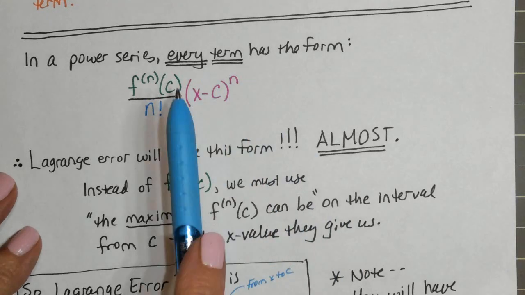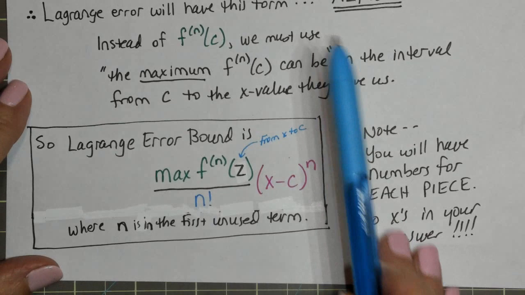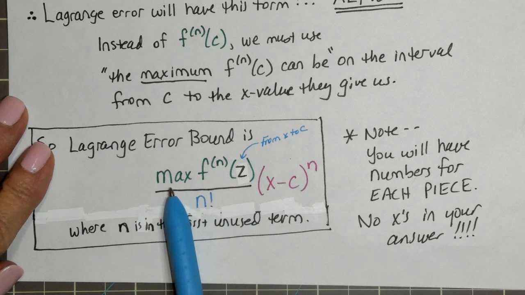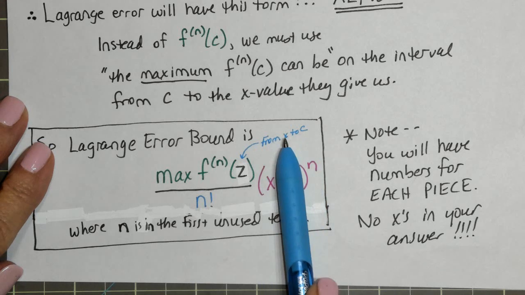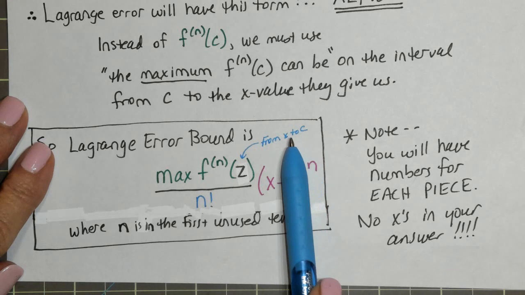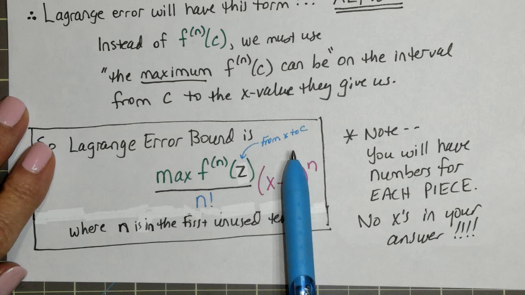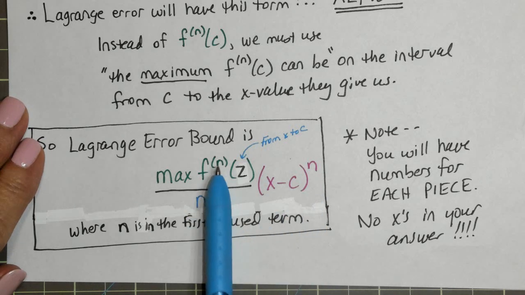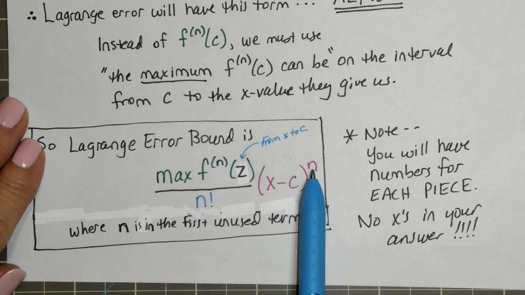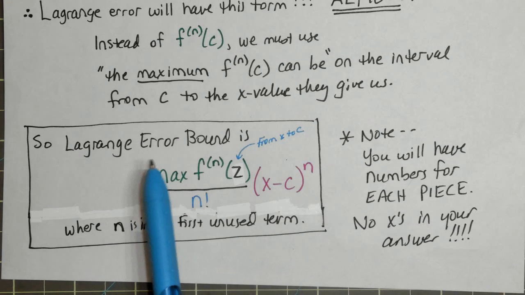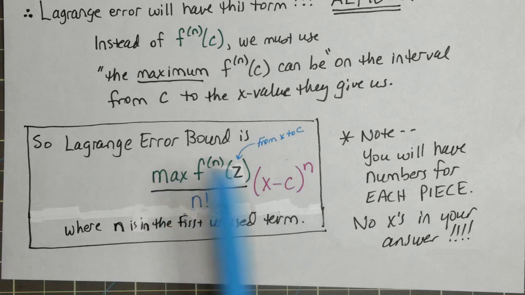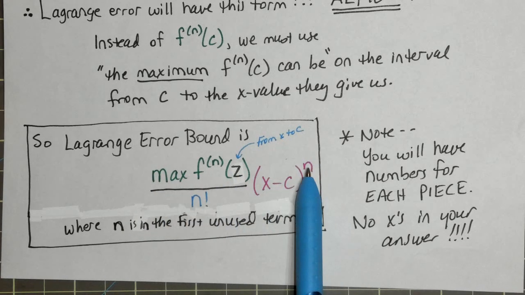All right? Always in this form, except it's the maximum nth derivative from x to the center. It sounded like I said from x to c. It's from x to the center. Okay? All right? So remember that the derivative, the factorial, and the power are all the n value in your first unused term. So if you use up to the fifth degree term, then the sixth degree will be your